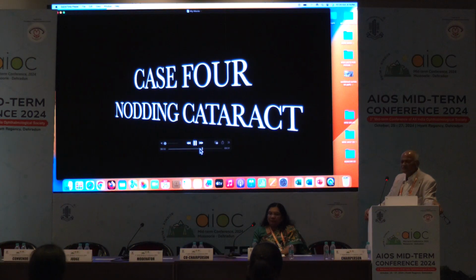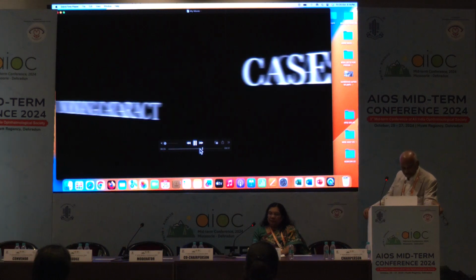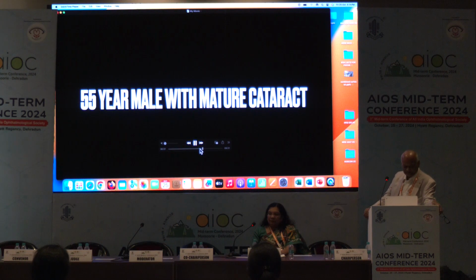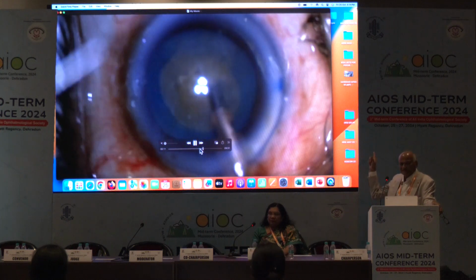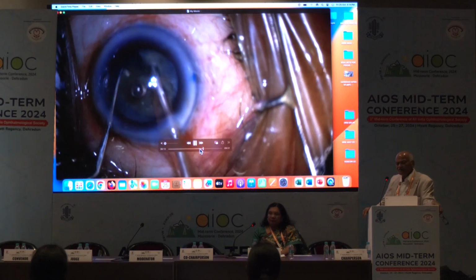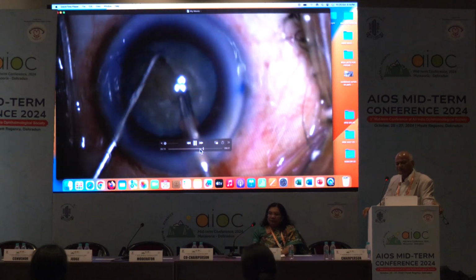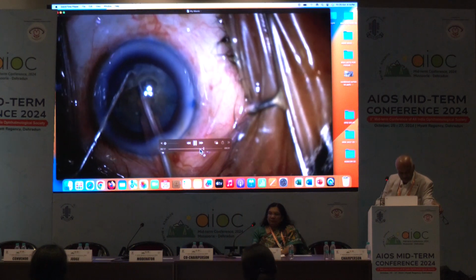And now this is another case I want to show you. This is a 55-year-old male, and you can see head nodding. Can you see the head nodding? Now in the head nodding, it is a mature cataract. See what happens